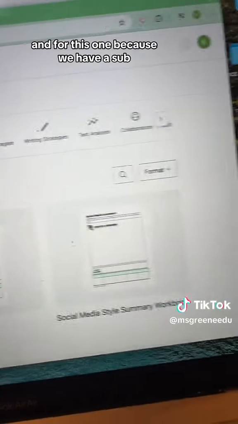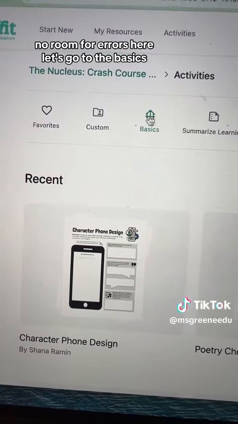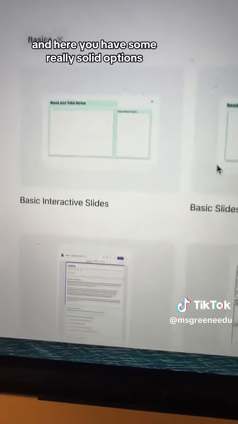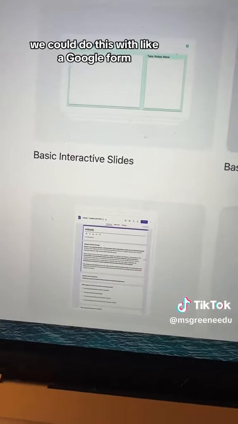And for this one, because we have a sub, we want to keep it as straightforward as possible. No room for errors here. Let's go to the basics. And here you have some really solid options. Now, of course, we've got some great graphic organizers, but you could do this with like a Google form, or